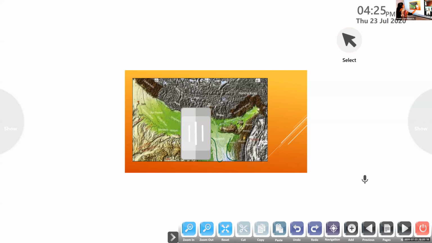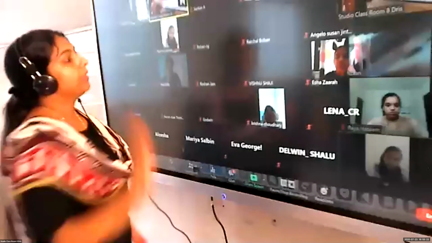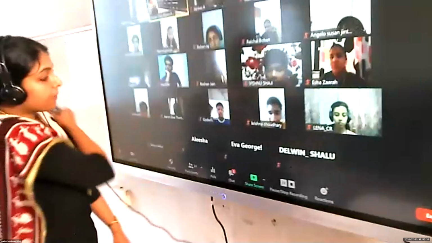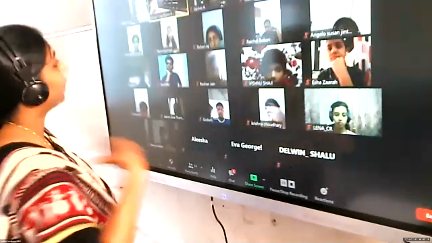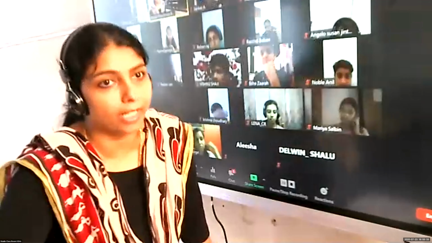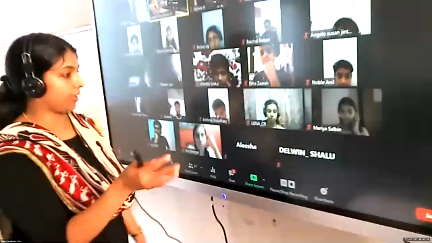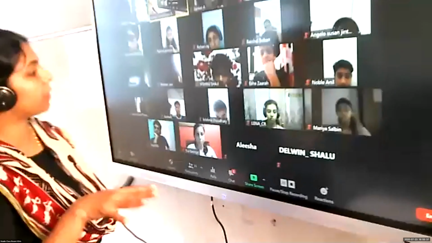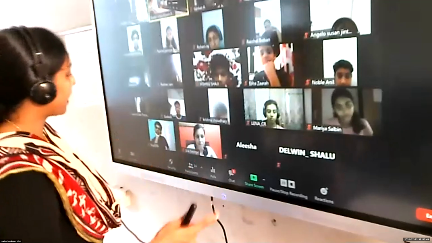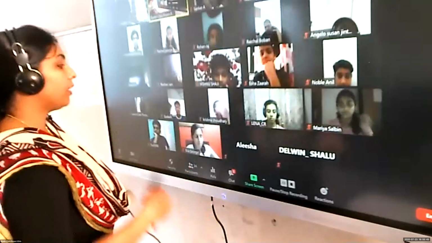Then we have to learn one more classification based on relief features. And what do you mean by relief features? Relief features are those which we can connect with the type of land or height of mountains, etc. Here we have classification based on type of land. What's the next classification? Based on relief.